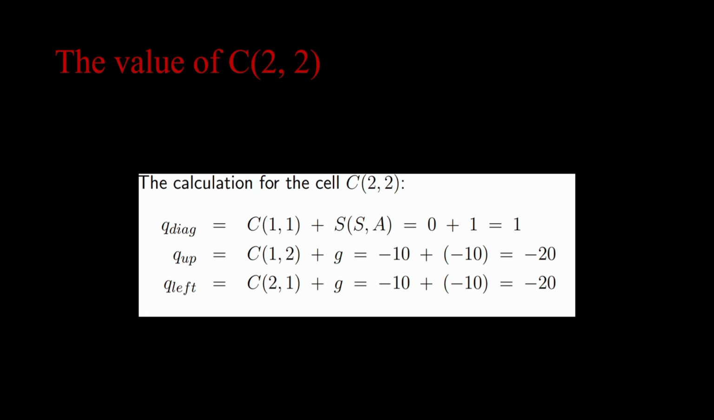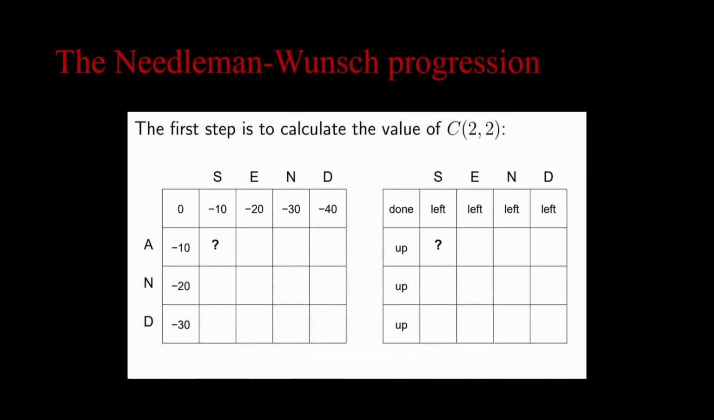Here we will calculate for the C2, 2. For diagonal, we can find the value of cell 1, 1 plus either its match or mismatch. Here, if we take the previous slide, we can find that the previous cell C(1, 1) equals 0, and we either match or mismatch. Here we can find it doesn't match, so it will be